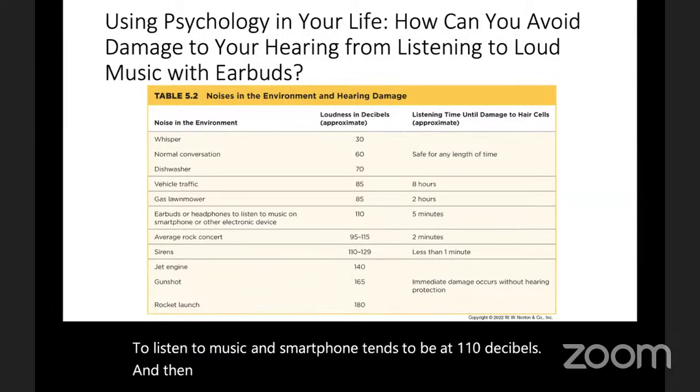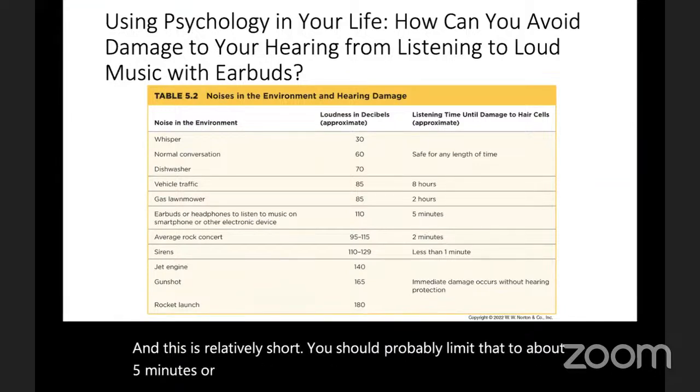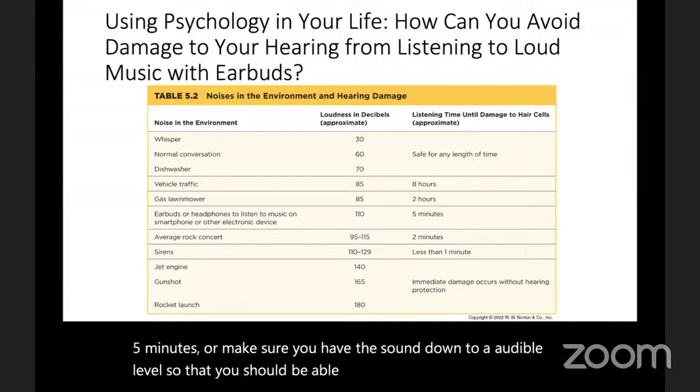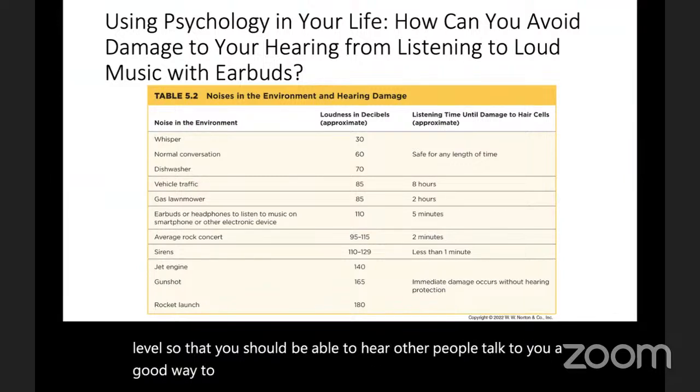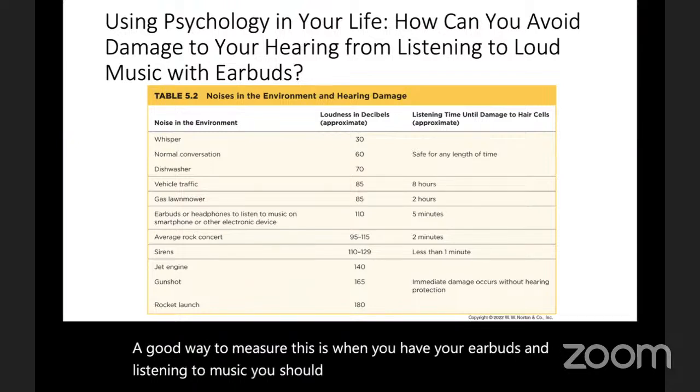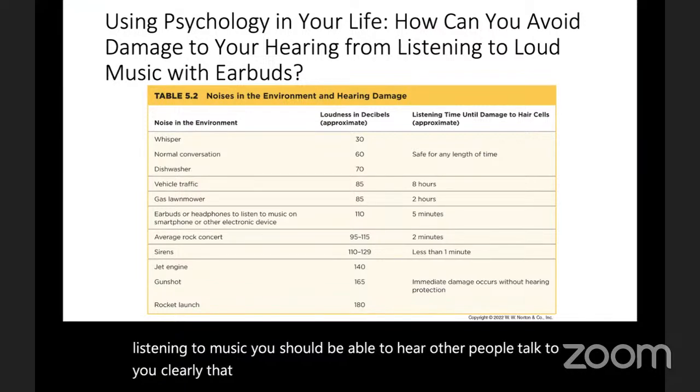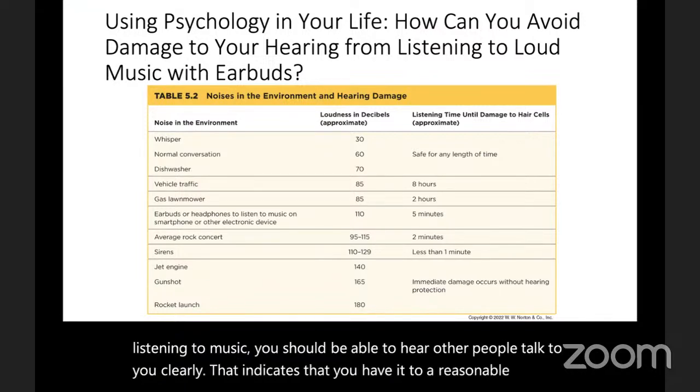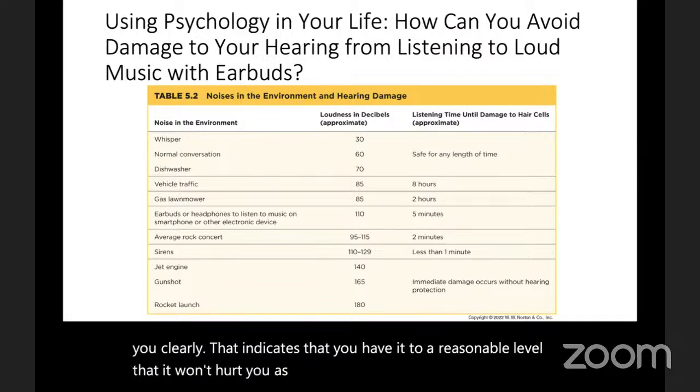And this is relatively short. You should probably limit that to about 5 minutes, or make sure you have the sound down to an audible level so that you should be able to hear other people talk to you. A good way to measure this is when you have earbuds and are listening to music, you should be able to hear other people talk to you clearly. That indicates that you have it to a reasonable level, that it won't hurt you as much by extending it